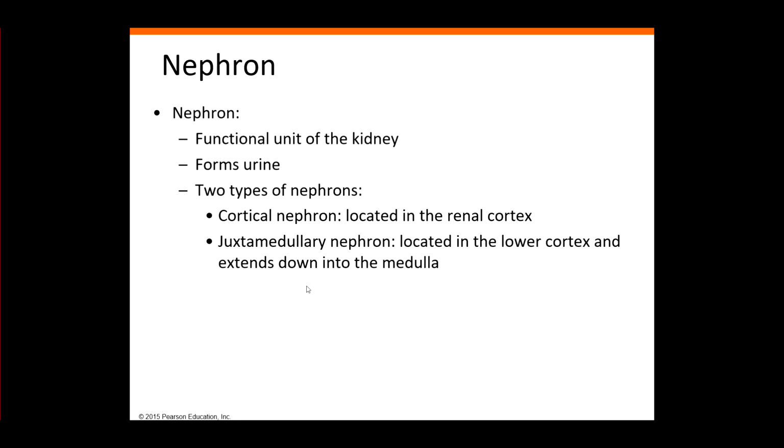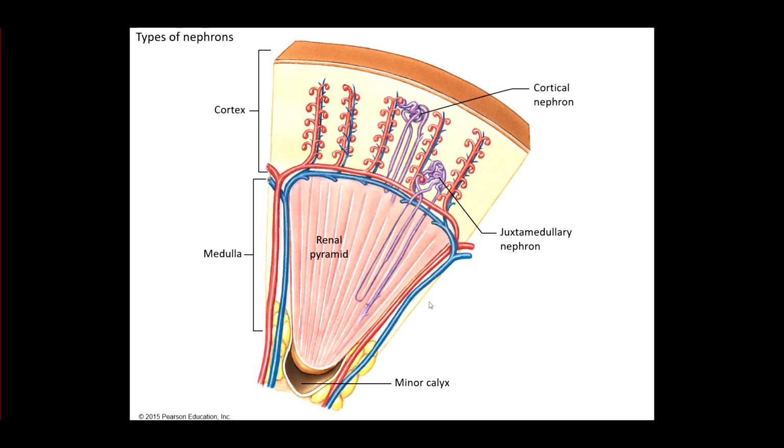One type of nephron that you're going to see is known as a cortical nephron. This is located predominantly in the renal cortex. If we were to look here, just to review, here's the fibrous capsule out over here. This region is the cortex, and then this would be the medulla, where this triangular structure is the renal pyramid. The cortical nephron starts in the upper part of the cortex, and then it extends down, and it may project a little bit into the medulla, but typically has shorter tubes like